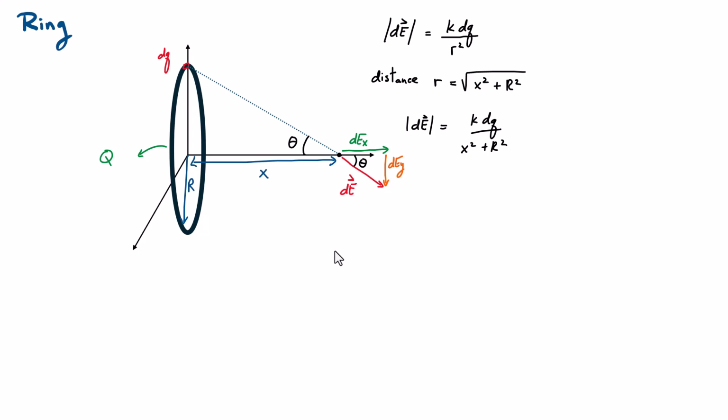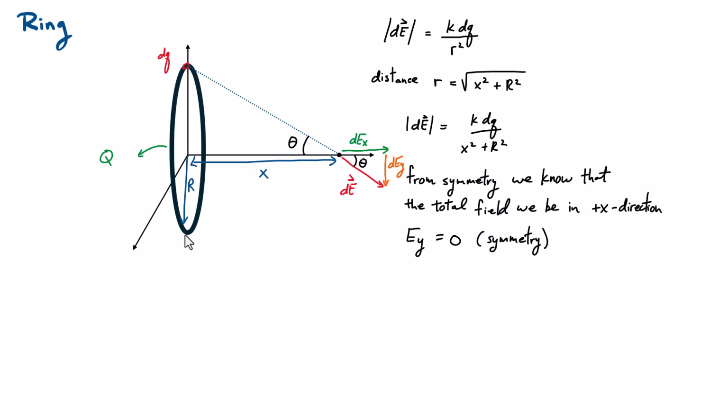Every time there's a positive charge dq at the top of the ring, there's an equal charge at the bottom of the ring. And you should be able to see from symmetry of the ring that once you add up all of those contributions, the total field in the y direction should be equal to 0. This is a really, really important point for this problem, and it's a simplification, right? And this is only true because we're considering a point that is on the axis,